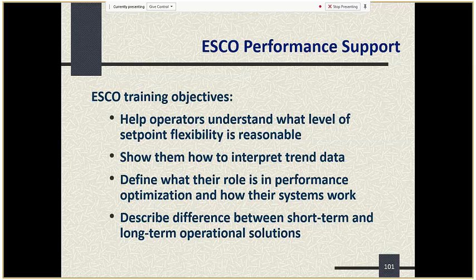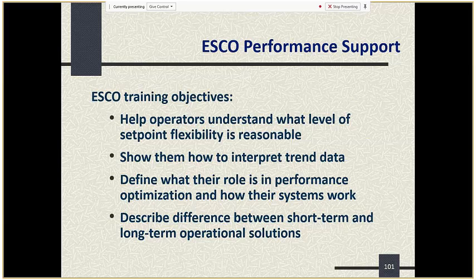So these are some ways that the ESCO can support savings performance of the project. They help operators understand the level of set point flexibility that is reasonable with equipment, because there's always some deadband. You might have a target, but certain changes are not as dramatic in their impact on savings as other changes. And if you understand the implications of, change 1 is not the same as change 2 with a set point, that can be helpful. If you show them how to interpret trend data so they understand the consequences of a particular trend and over time, what it means,